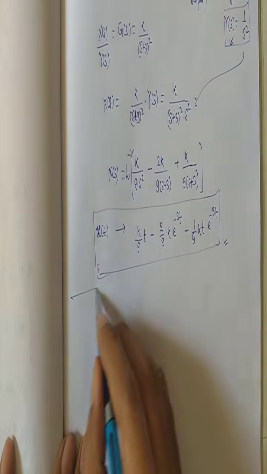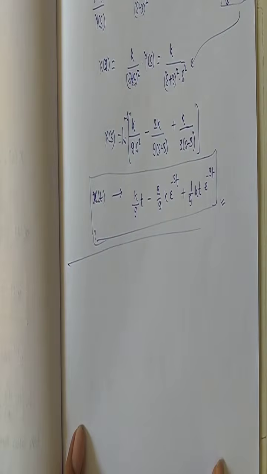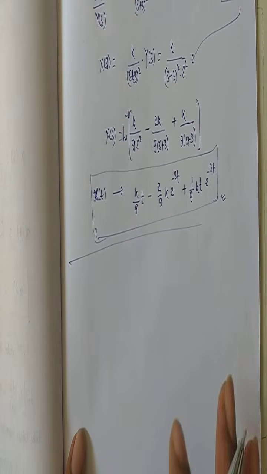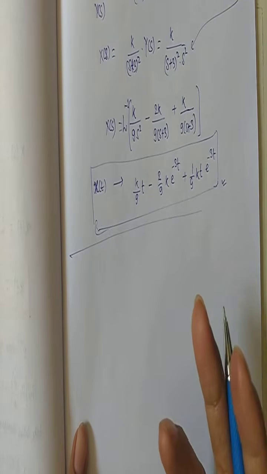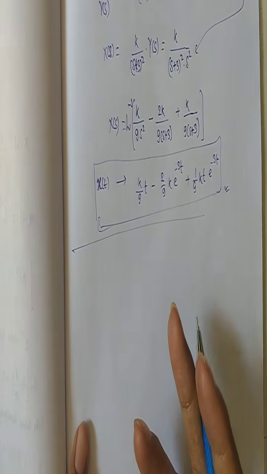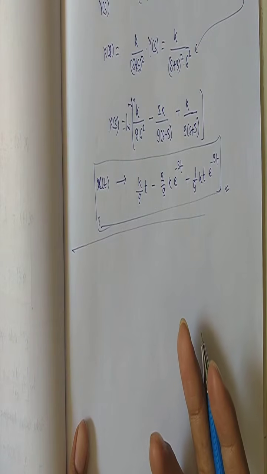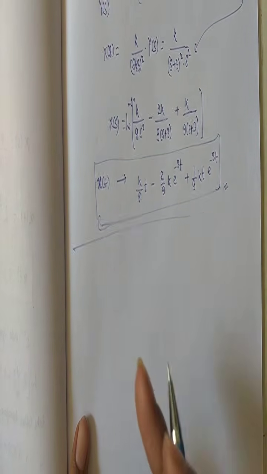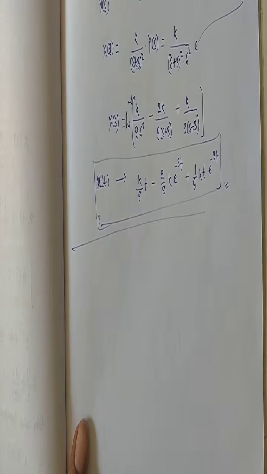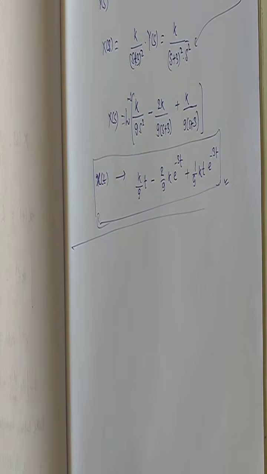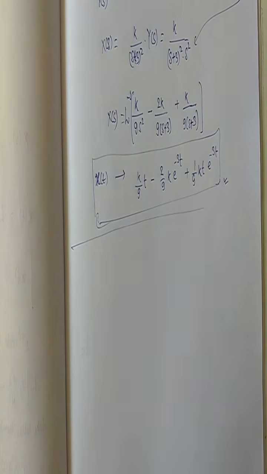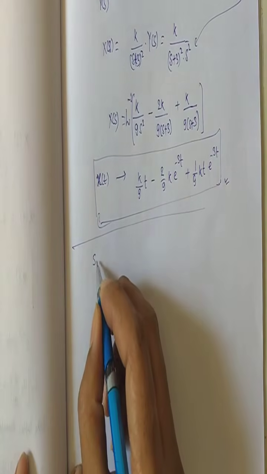Two things I also want to tell you about. One is when the systems are in series, when 2 or 3 transfer functions are in series, how does the overall transfer function look like, and if your transfer function is in a feedback closed loop manner, how would your overall closed loop transfer function look like. So let's talk about system in series.